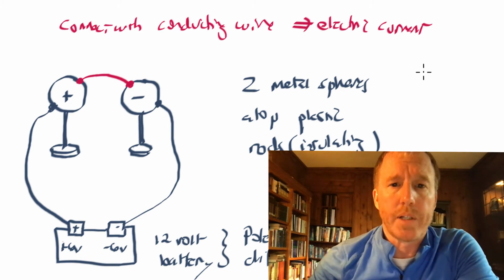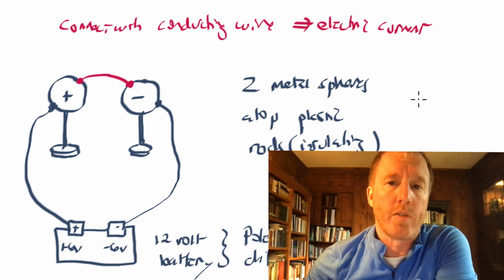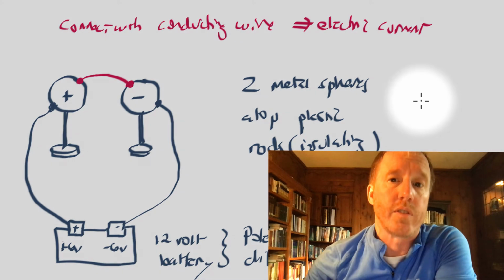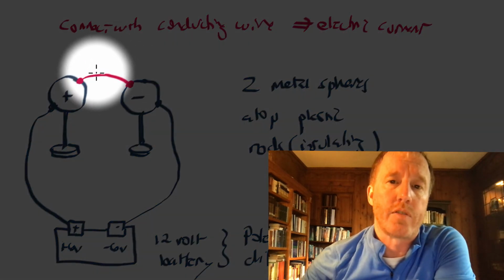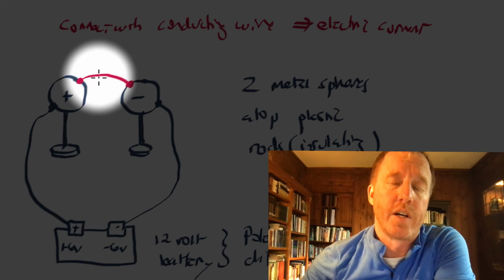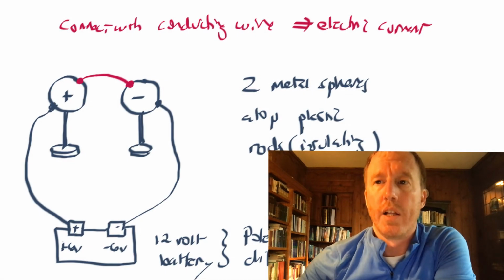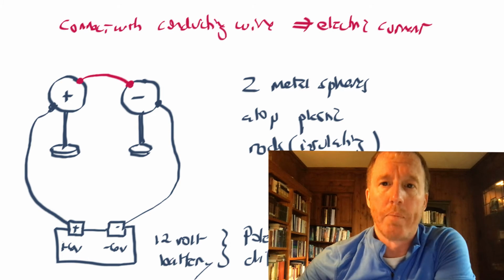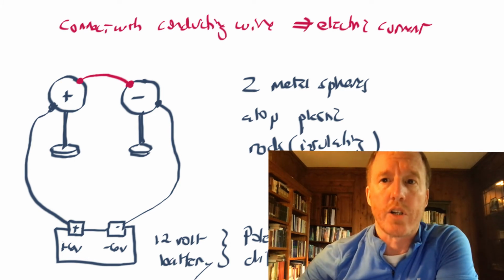What might have been a little bit confusing in the top of the paragraph, he mentions if you connect them but with something that generates an electromotive action or force that tries to prevent flow. So if you were to put another battery in here instead with the positive terminal on the left and the negative terminal on the right, that pushes positive charges back onto this sphere and negative charges back onto that sphere, then you wouldn't get any flow of electricity between the two. But if you just connect them with a conducting wire, then you're going to get this electric current arising.